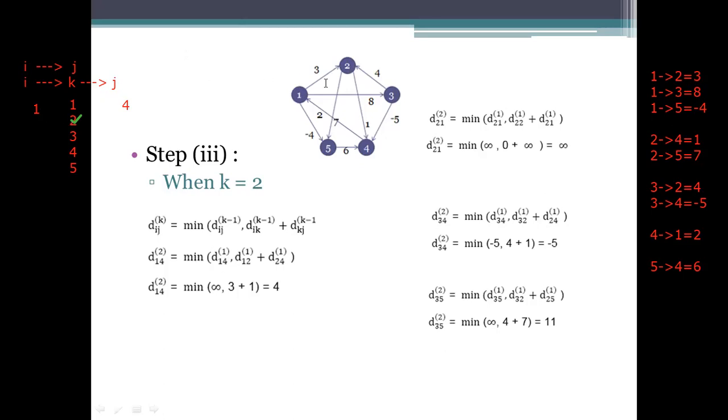1 to 2 there lies a path, that is 3. 2 to 4 there lies a path, having an edge cost 1. 3 plus 1 is 4. When we compare the infinity and the 4, the minimum is 4. So the new value for this 1 4 here is 4. Just remember that. And coming to the second one, we need to see whether it has been updated or not, since there lies a path or not. If it is allowing us to take the values, we need to update.